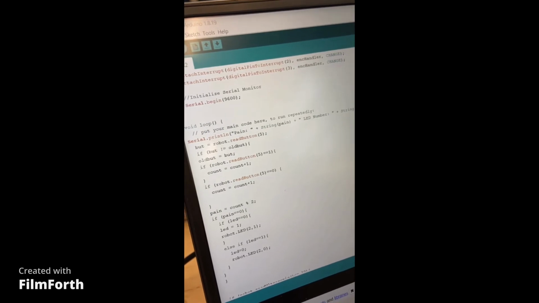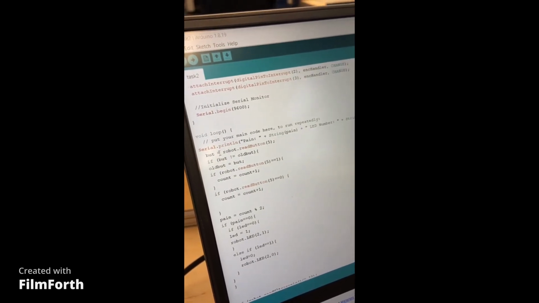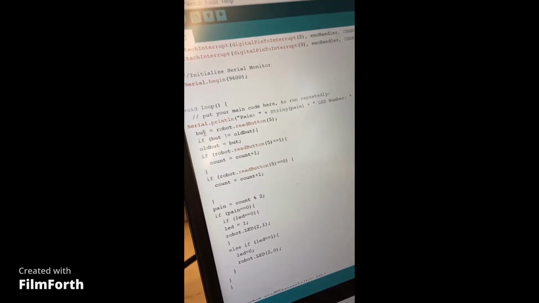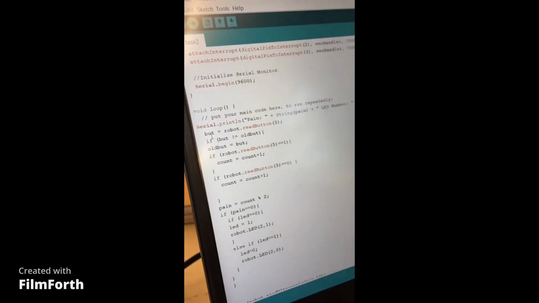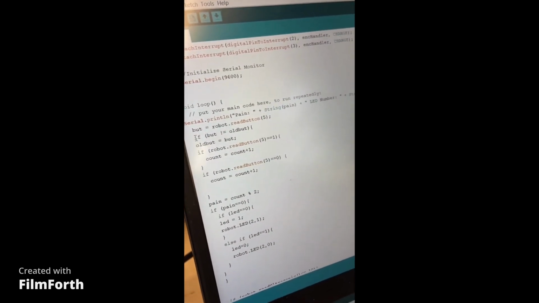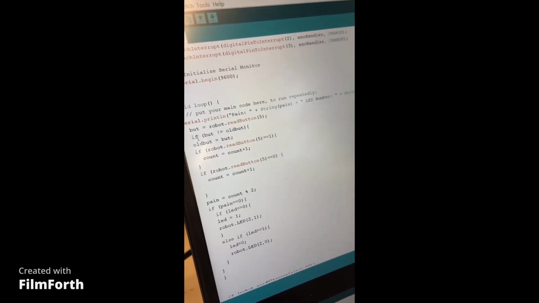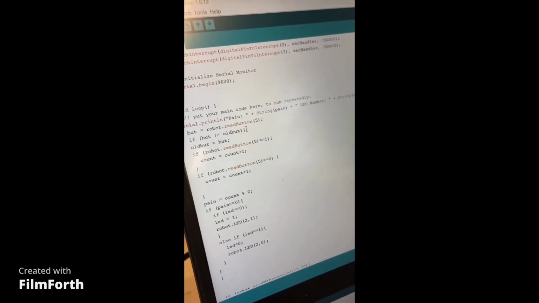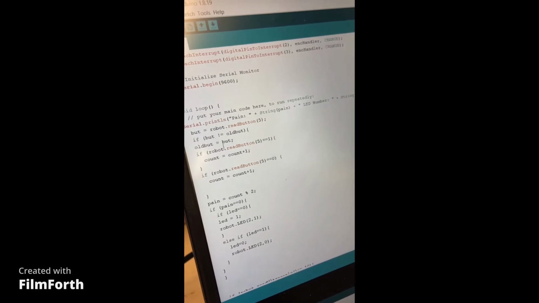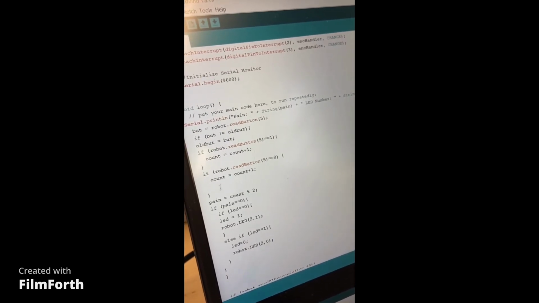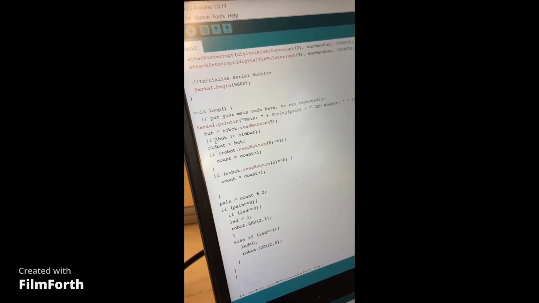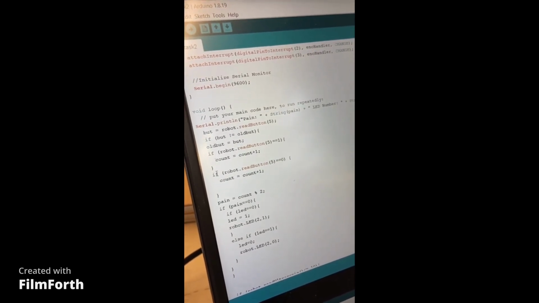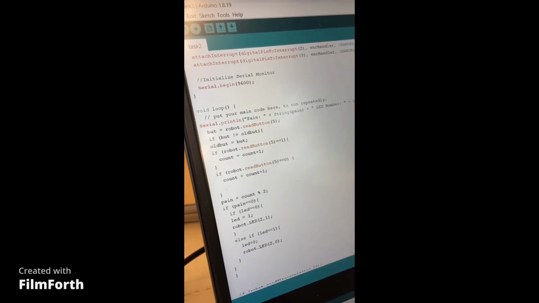So when it gets pressed, let's just go through the code. When the button gets pressed, it reads what the button is. If the button does not equal what the old button equals, then I want this if statement to run. What that means is it's only going to run when there's a change in button, not constantly looped over and over and over. So underneath that loop,